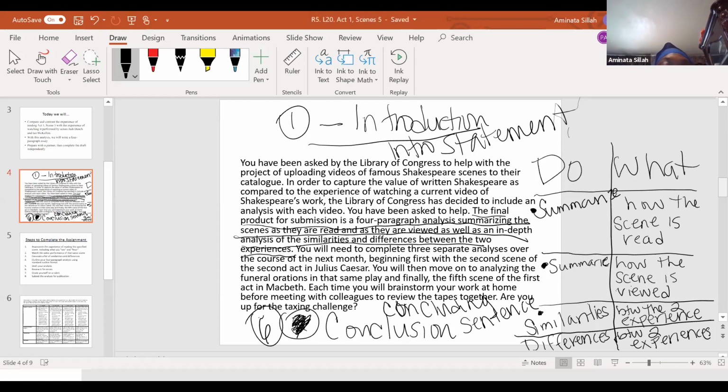So just basically recapping. How are you going to introduce it? You don't have to have a full-blown introduction where you're doing the plot overview and recapping what's going on in the text. I just need to have an intro statement where you're introducing what you're going to be speaking about in the text. But you're not saying "I will be saying". We're not including ourselves in the essay. We're doing this academically. I don't want to give an example because then I'm just going to get my example thrown back at me.